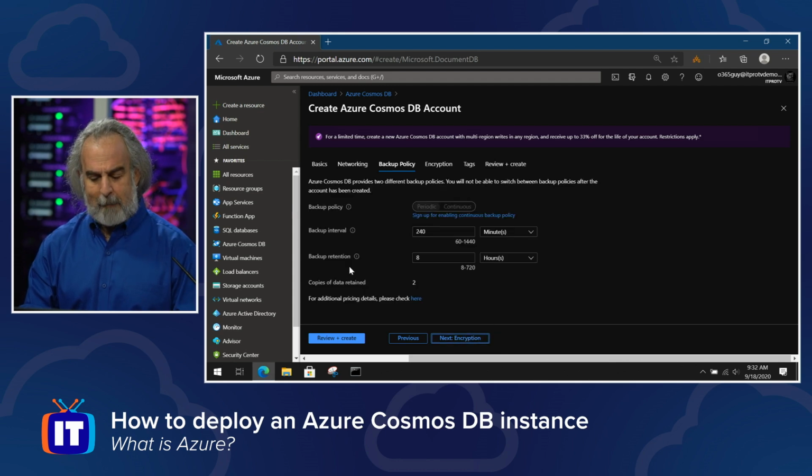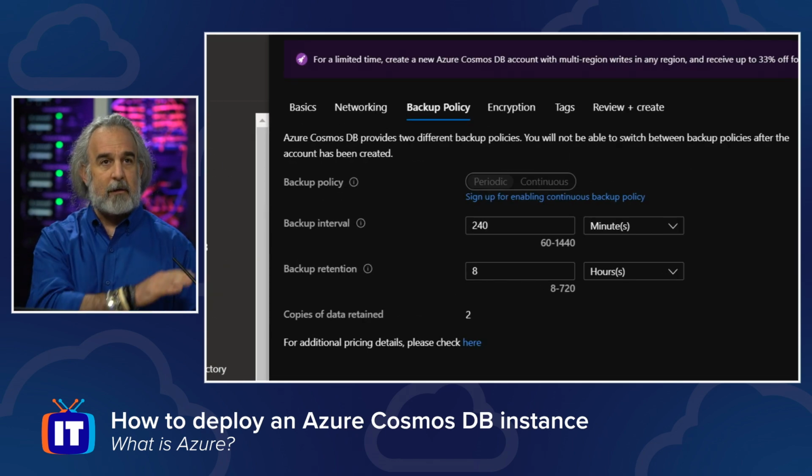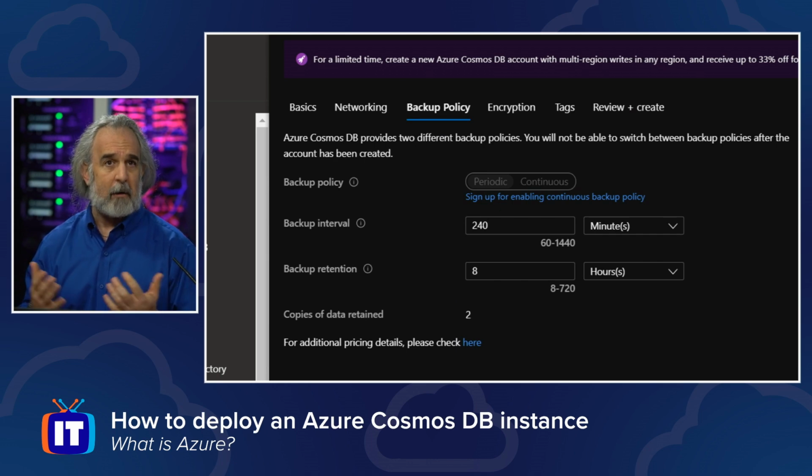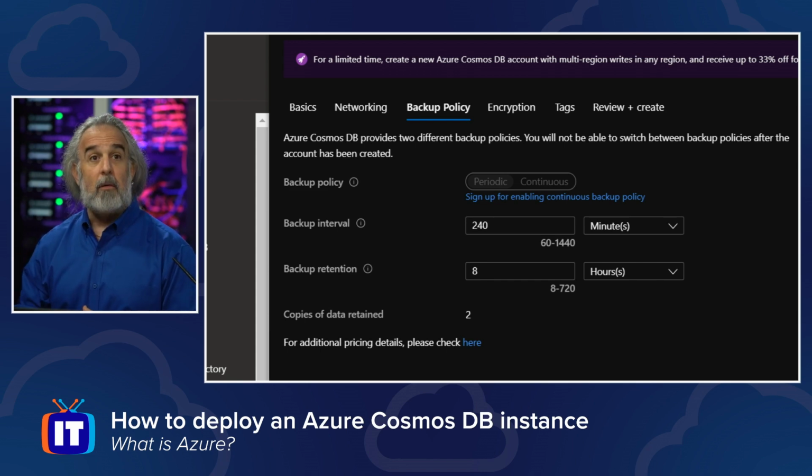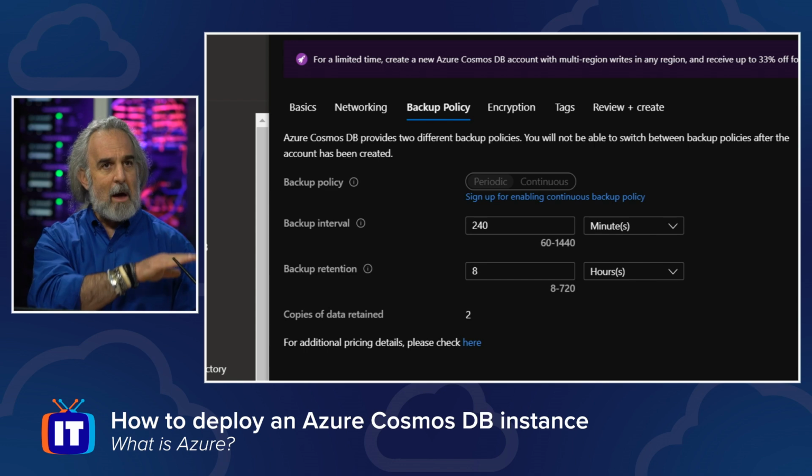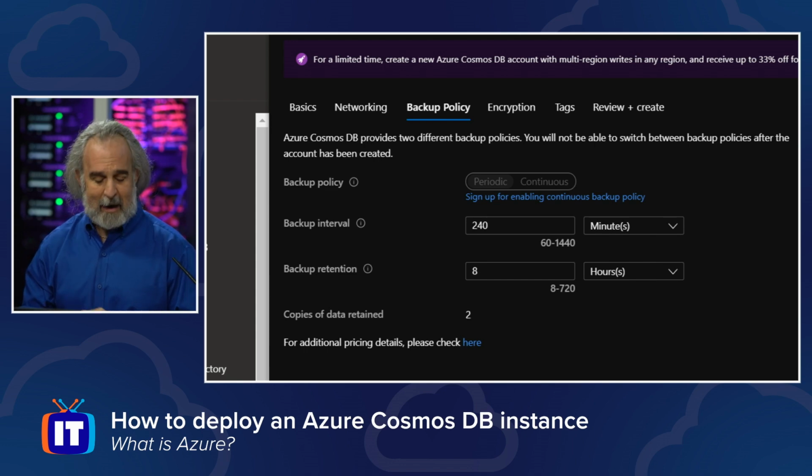We're going to take a look at our backup policy. This allows us to make sure that we have the information that's in our database or in the instances of the database all backed up, copied, safe, secure. If anything were to go wrong, we had to restore it, we can go to that backup and we can have Microsoft restore that information for us. So we make some choices here, again, as needed.